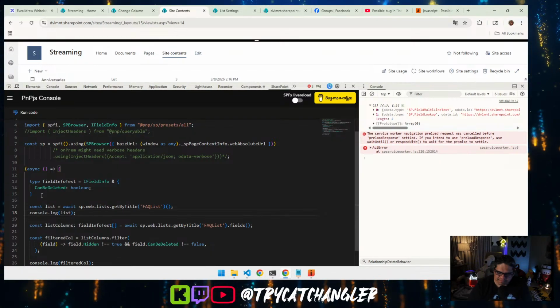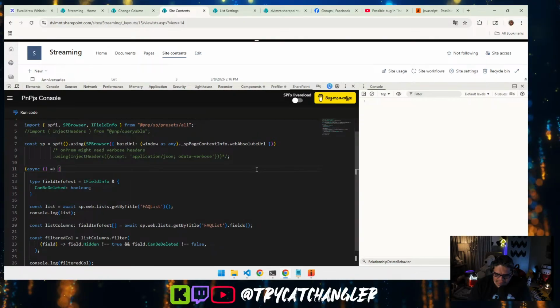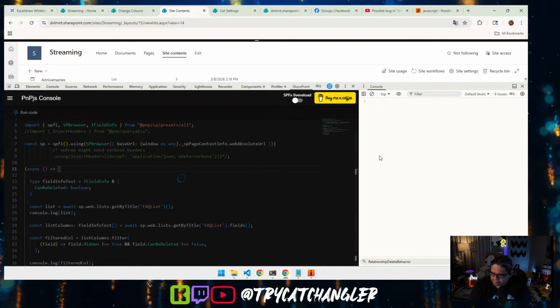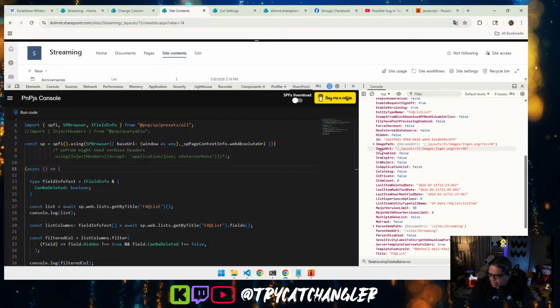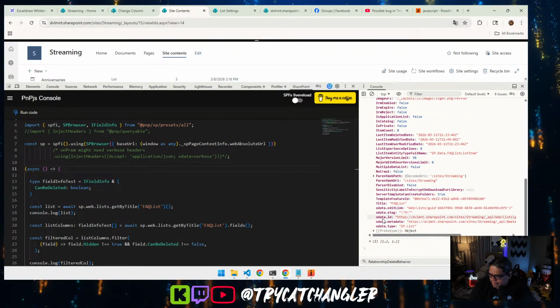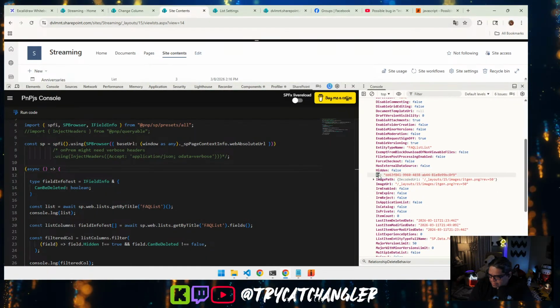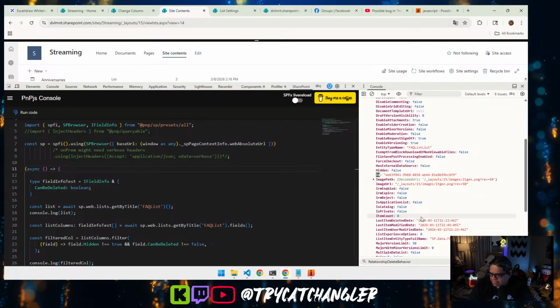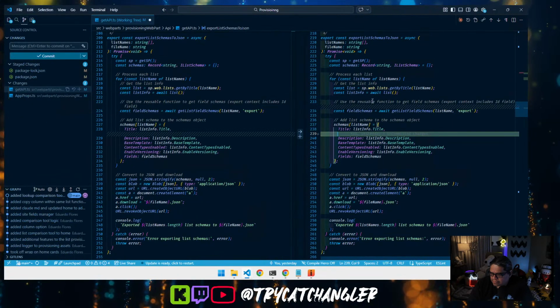And let's retrieve this list information. So here's our list object. So we need to retrieve the list ID. So let's just call it ID. So right here,